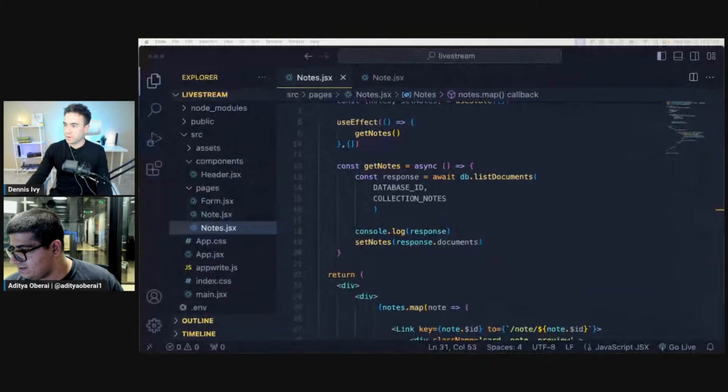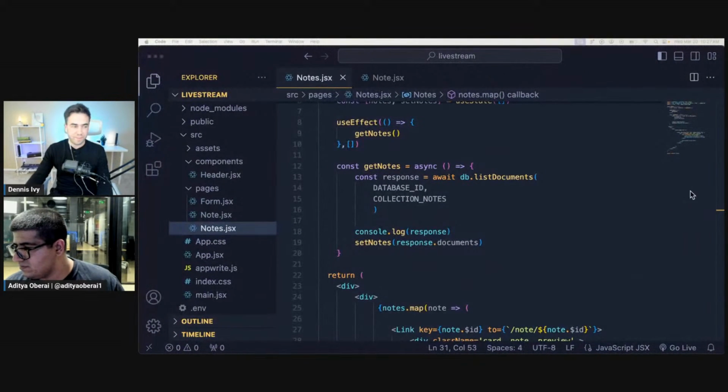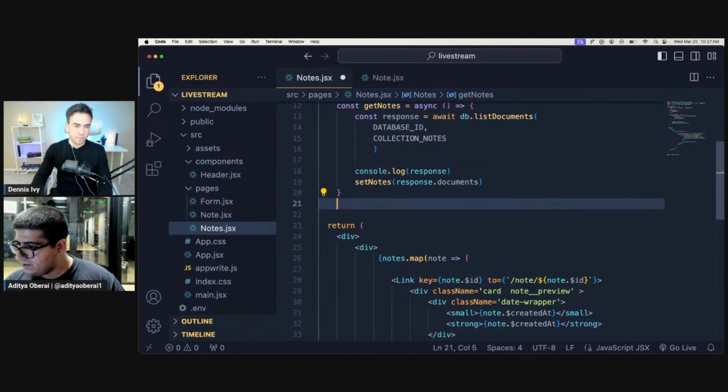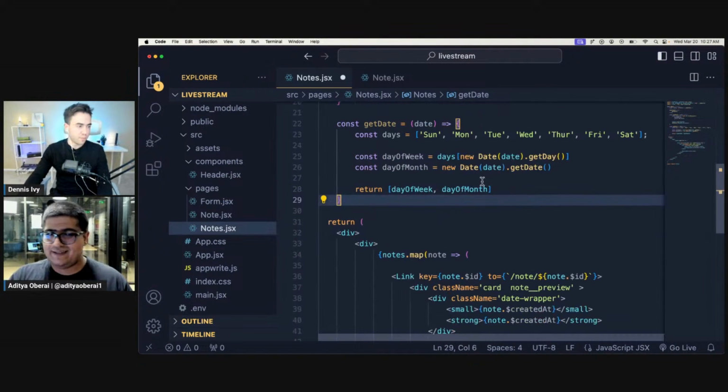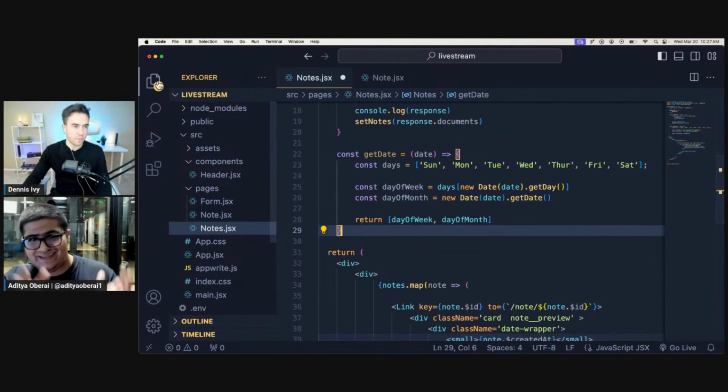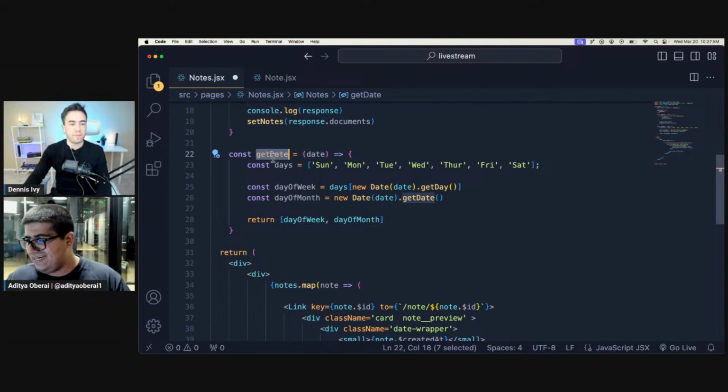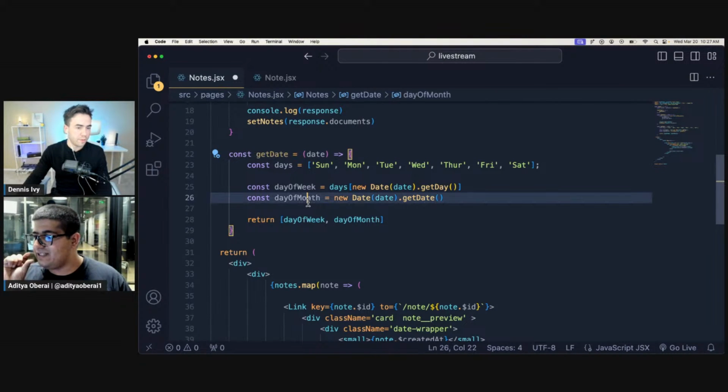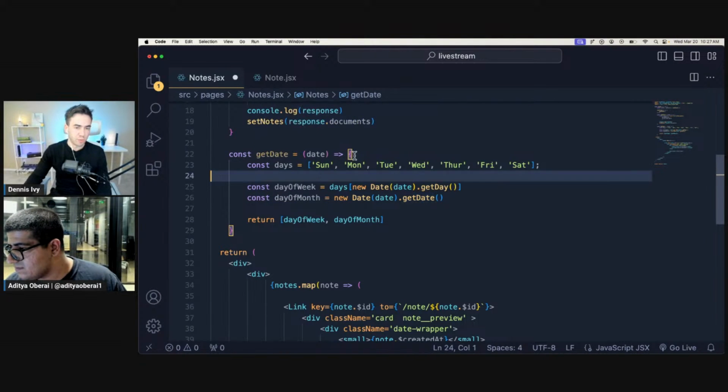Got it. I can send that to you. I have the, wait, hold on. You didn't use the function that I set up? No? So I used that function particularly when I was loading the list of notes, but just to get the year as well, and the day, the month, the date, and that entire format. I used a different function within the note pages individually. I see. Okay. Well, for simplicity, I'm going to stick to this one for now, Aditya, since they already have